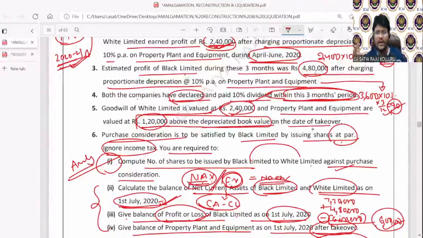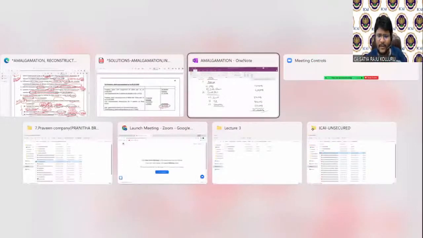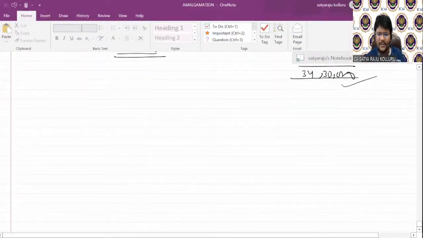That's it, guys. Okay. Sir, one more thing. Problems like this may also be tested in partnership accounts. I don't know, partnership accounts are not yet over, or not taken up. In partnership accounts also, the problem will start in the past and continue. The business continues for a certain point of time. After that, one partner may retire, or a partner may die, or the business will be taken over by a company. Just I'm telling you here, this is not relevant for my chapter, but still I want to discuss.